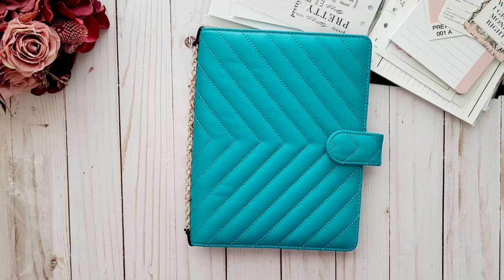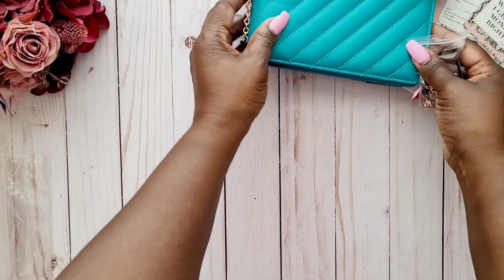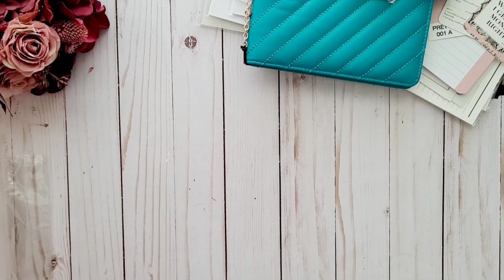Oh my goodness. All right. So I am getting down to the last item. I promise you guys, I save the best for last. So not only do we have planners and all the good things, but we need to put this in something, right? So the last item that I picked up that Pretty Planner Co. offers,